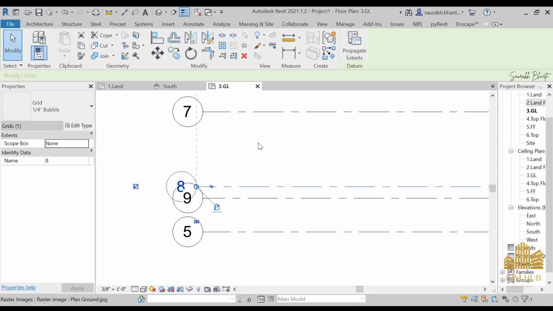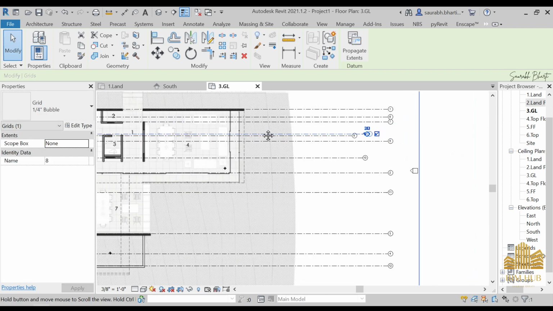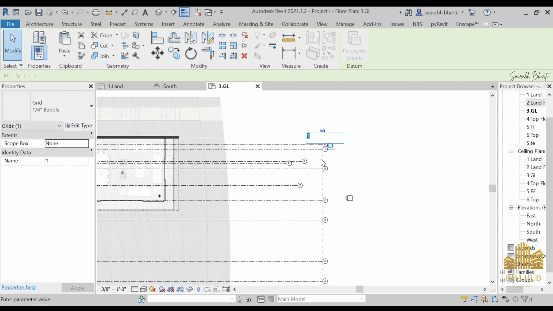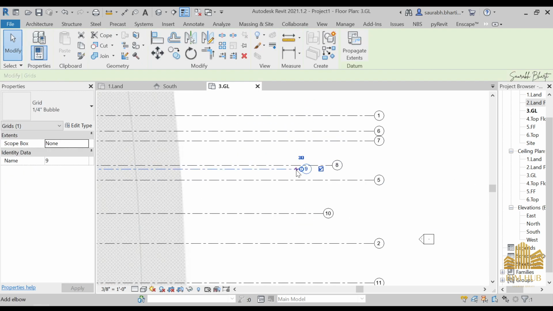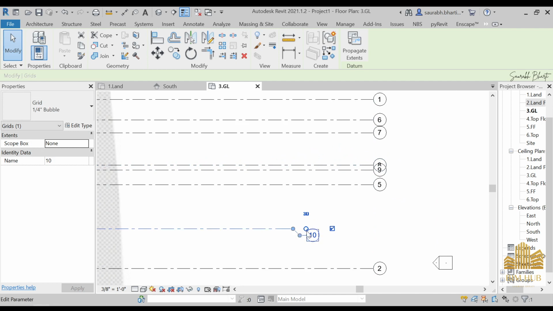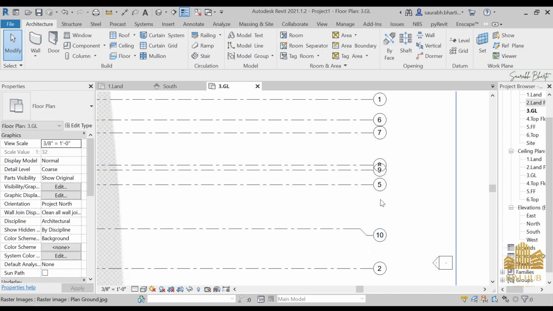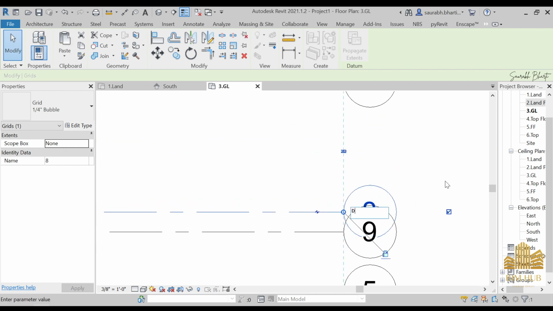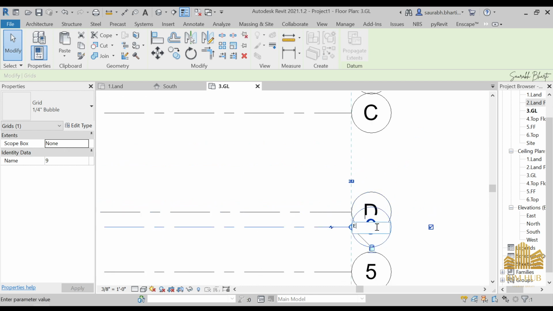So we have to number them correctly first. So we are going to rename it from here. Okay, so as it is renamed as 1 2 3 4, and if we rename it as 2 3 4 or anything, it will give an error that the name has already been taken, or it will show that the duplicate name. So to not get that error, what we can do is we can just rename it as A, then B, then C, then D, E,